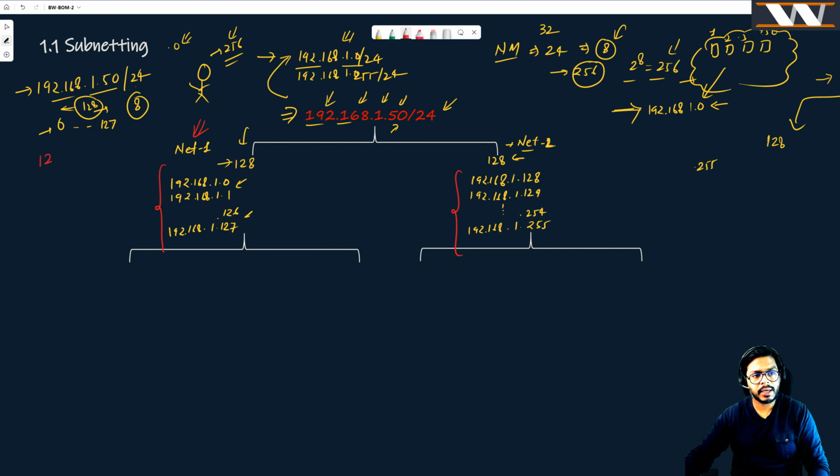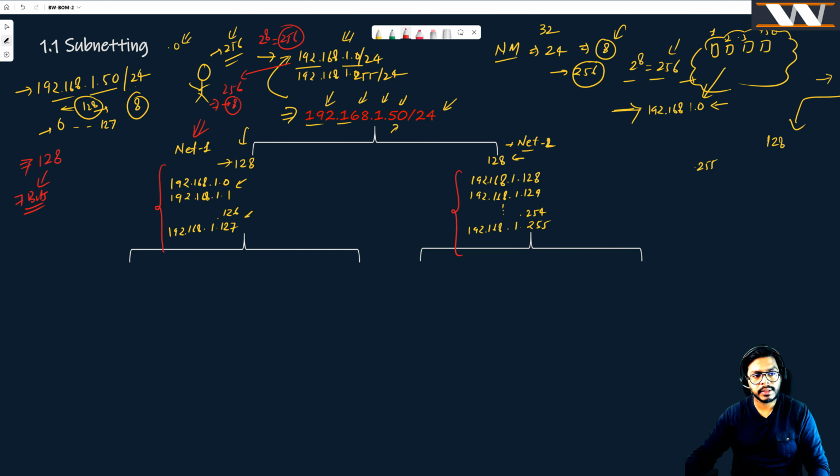Now there are 128 hosts. Previously, how many hosts were there? 256. If you want to have 256, how many bits do you need? You need only 8 bits. Why? Because 2 to the power 8 is equal to 256. You know that, right? If you want to have 128 hosts, how many host bits do you need? You need only 7 bits now,